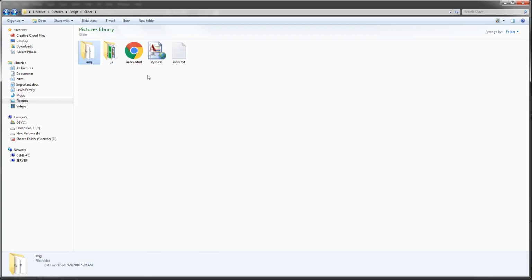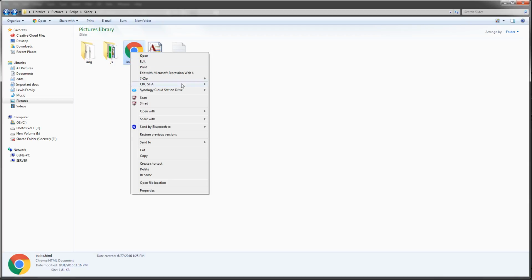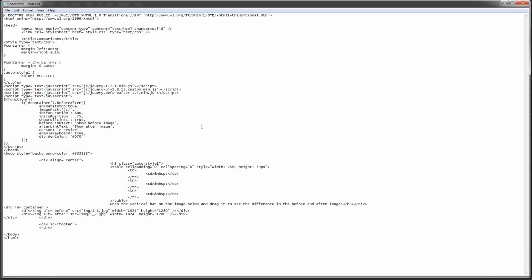Now on the index HTML page, that's where I make changes for any new images that I want to display. And what I'll do is right click and choose open with, and I'm going to use Notepad. And here's all of what makes up the script that makes it work. And the only thing you guys really need to concern yourself with, if you want to make changes, is down here where it says enter position